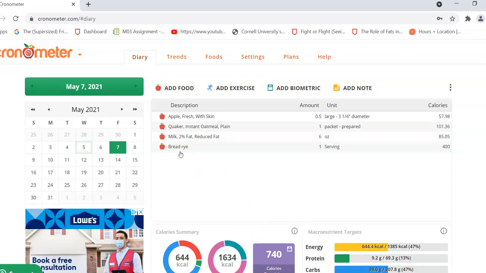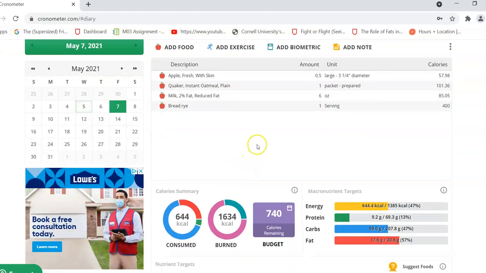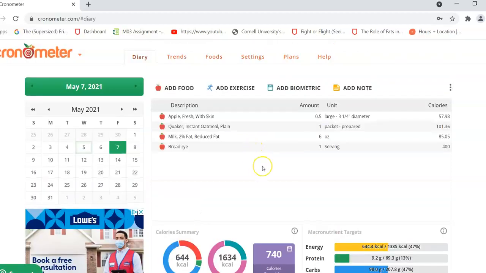All right, so that should give you a good start on how to enter all of your foods. The last thing you're going to do to submit your nutrition report in Module 3 is to take a screenshot of these couple pages. Important to include all your diary